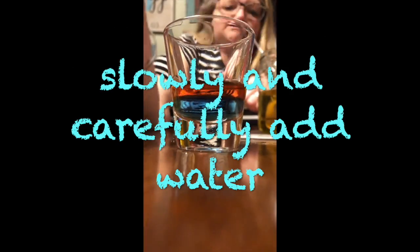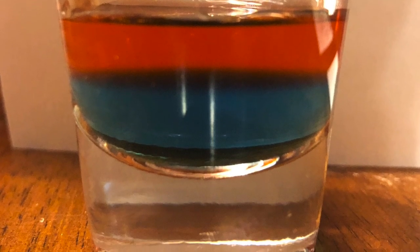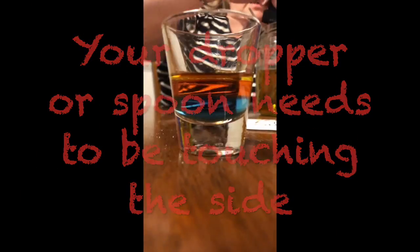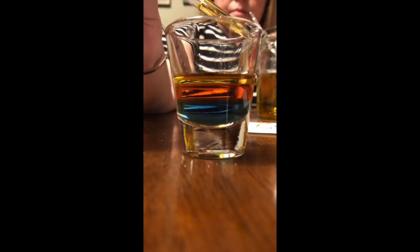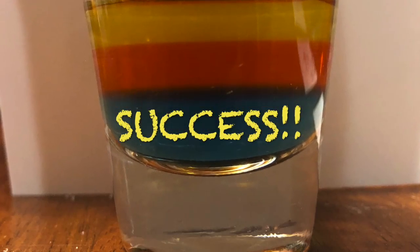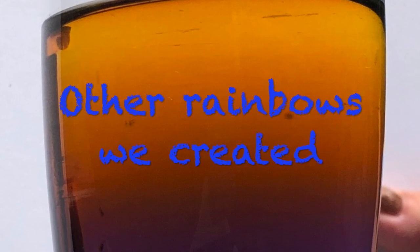This is the tricky part. You need to slowly and carefully add the colored liquid from most dense liquid first to the least dense liquid on the top. As you're adding your liquid, it needs to run down the side of the container. Perseverance. Don't give